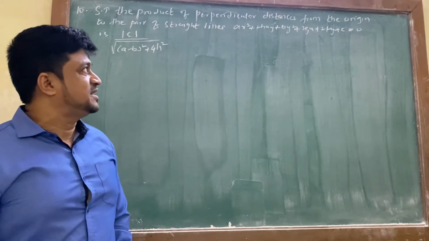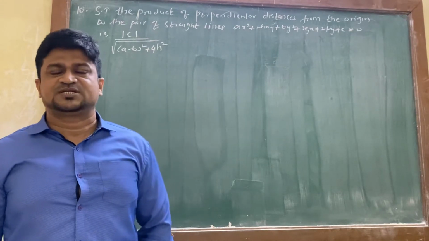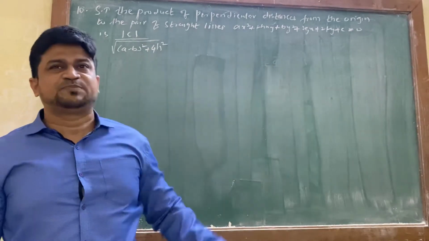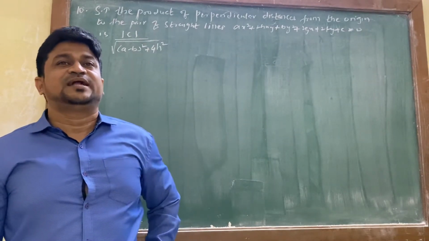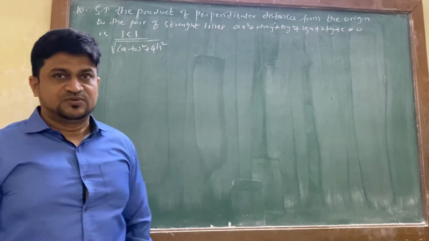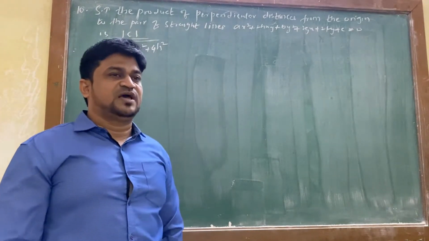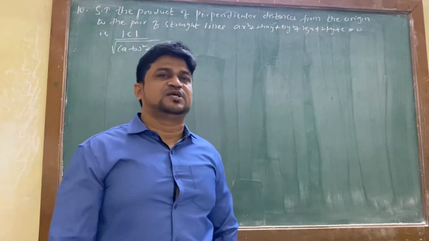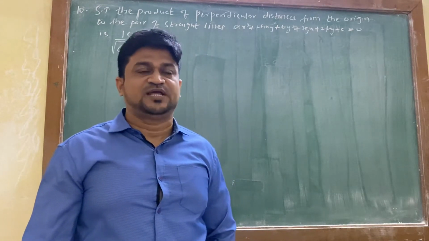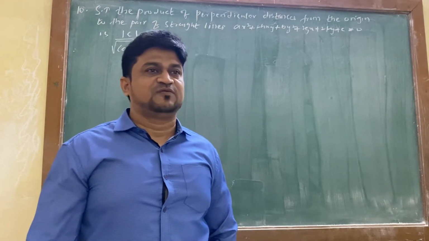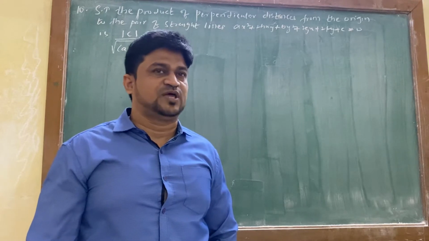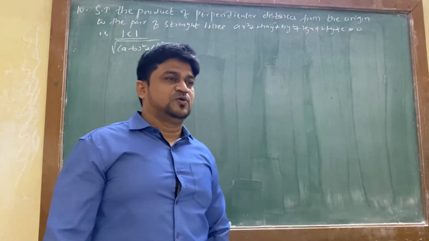Now how many terms are there? 6 terms are there. Whenever 6 terms are there, that also represents a pair of straight lines, but that has constants N1 and N2. In the first theorem, what we have, ax square plus 2hxy plus by square equal to 0 represents a pair of lines, that is L1x plus M1y equal to 0 and L2x plus M2y equal to 0. Now what we have to do is,